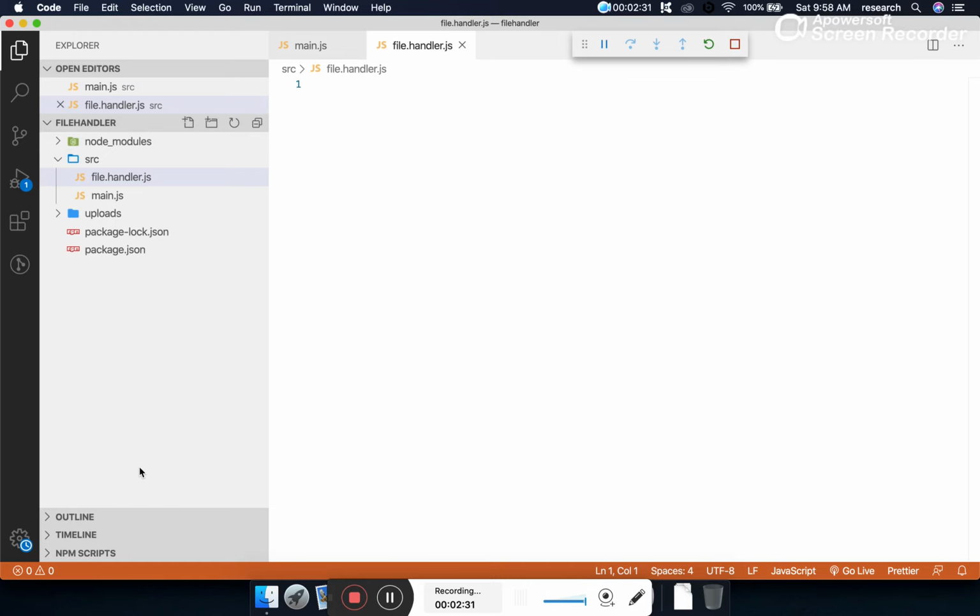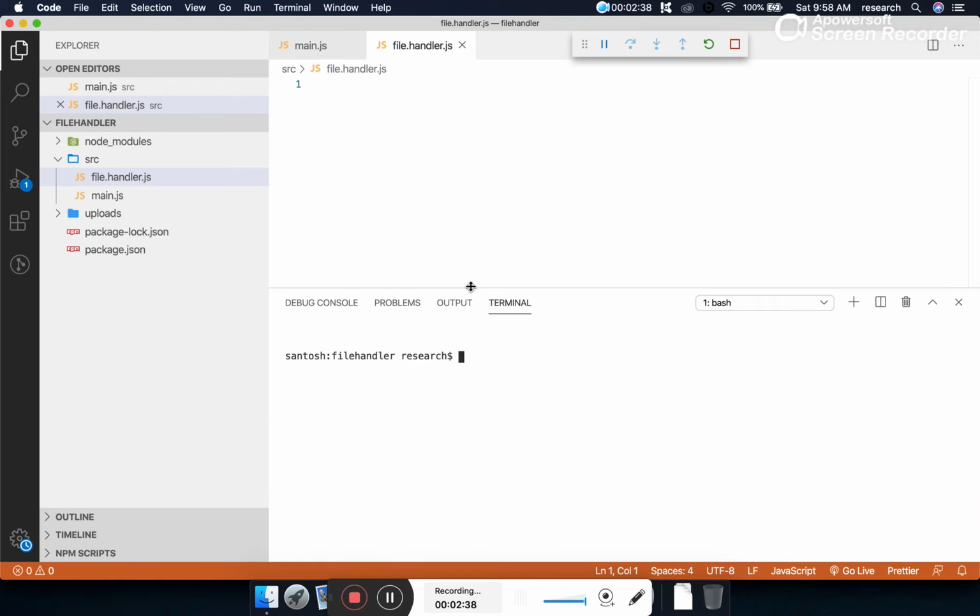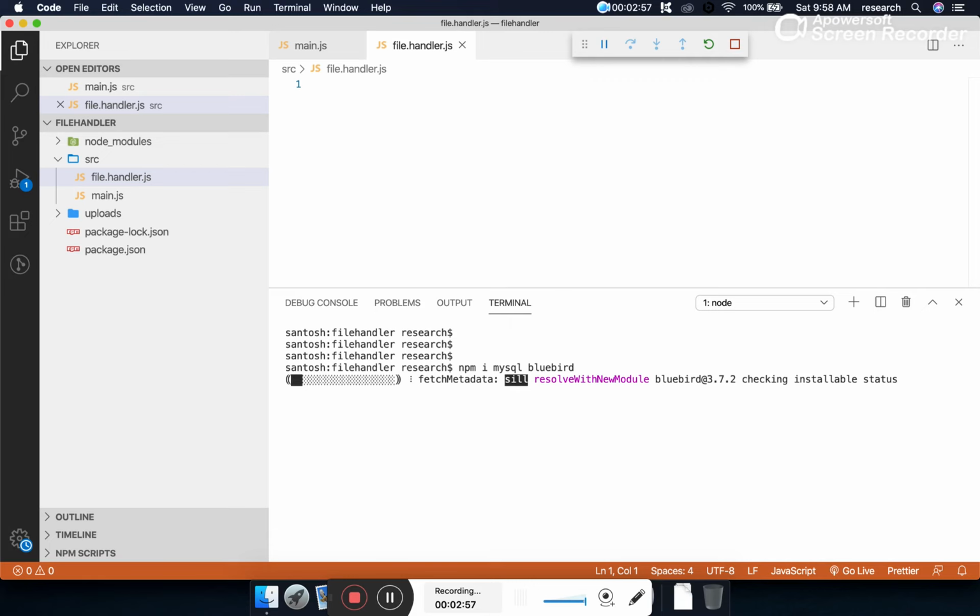Before writing the MySQL program, we will make sure that we install these two libraries: npm i mysql and bluebird. These are the two external libraries we are going to use when connecting a Node.js program with MySQL.